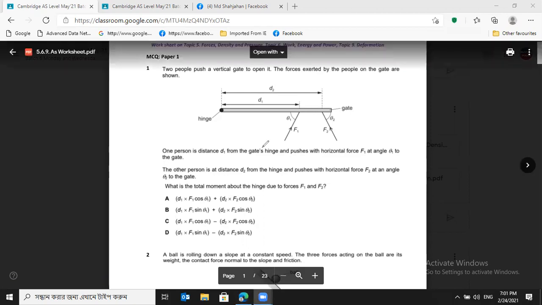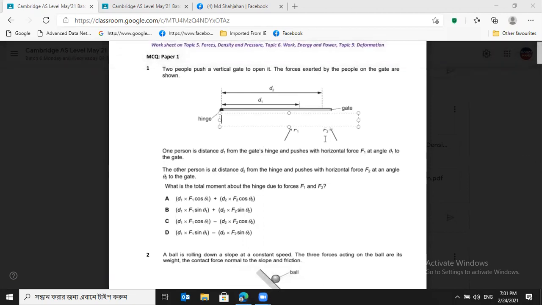Yes, yes, we can take this one as angle. Yes, pivot. This one is pivot, right? The hinge is the pivot. So perpendicular distance, if you want to take perpendicular distance, you can remember the theory part we gave. So here the F1 force, this one is having angle theta1. So if you want to get the perpendicular distance from the force, then you can take the